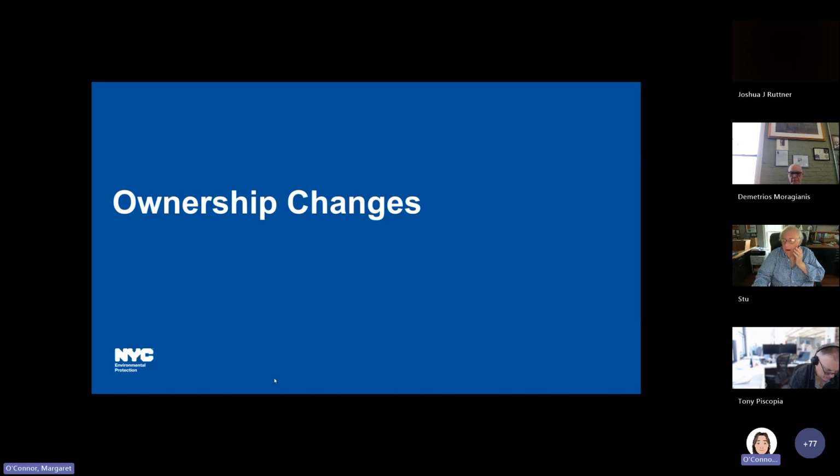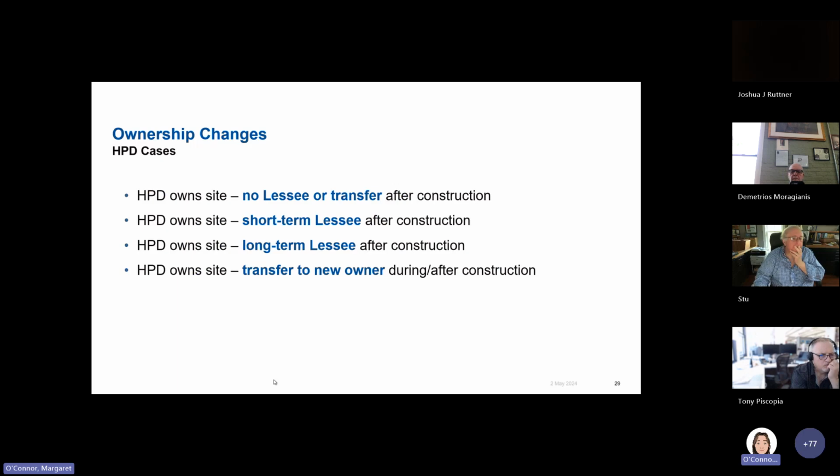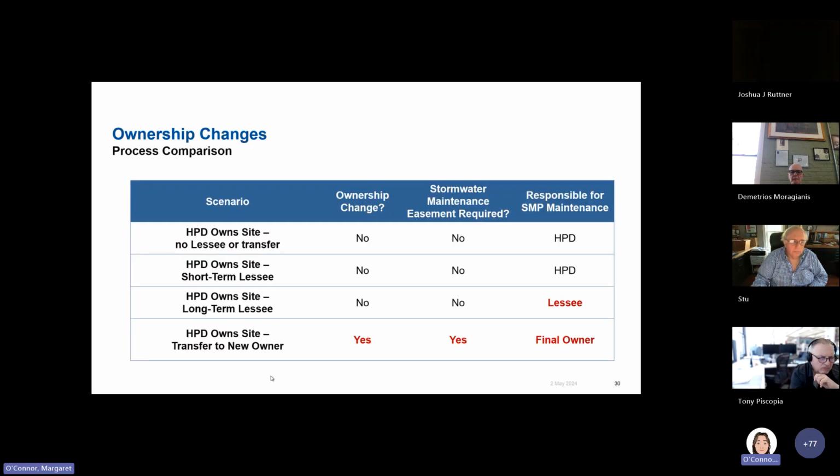Like I said, I did want to address ownership changes because this has been an issue with HPD sites. So generally, the sites start out as being owned by HPD, and in some cases, the sites get leased, and in some cases, they actually get transferred to a new owner, and the need is a little bit different for each of those cases. So when there's a lease in place,